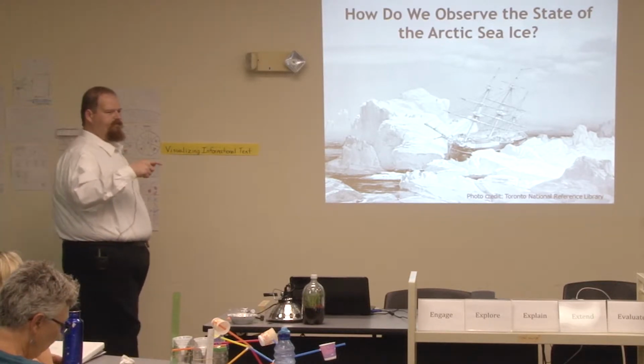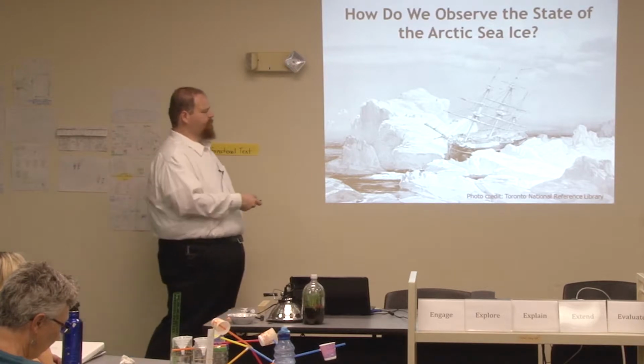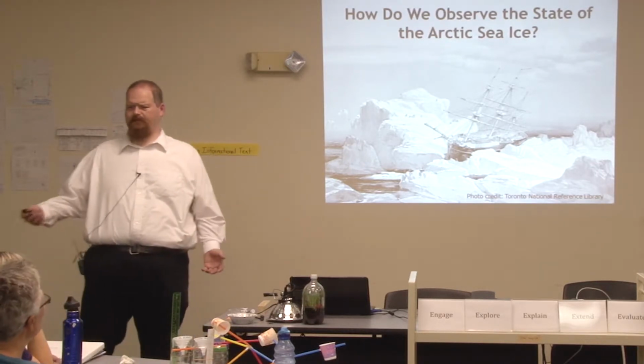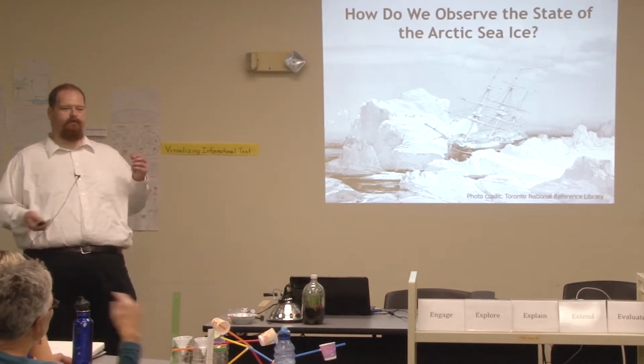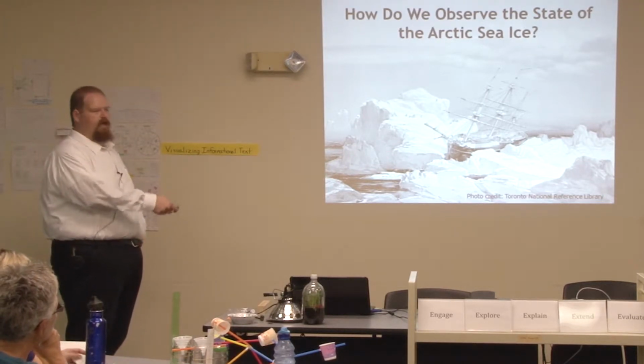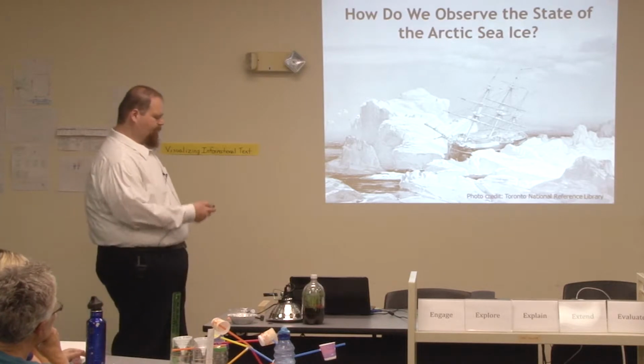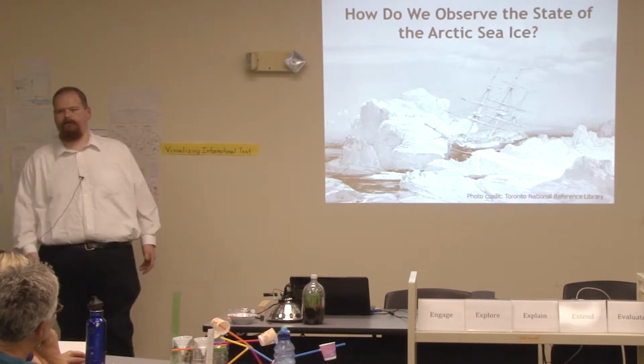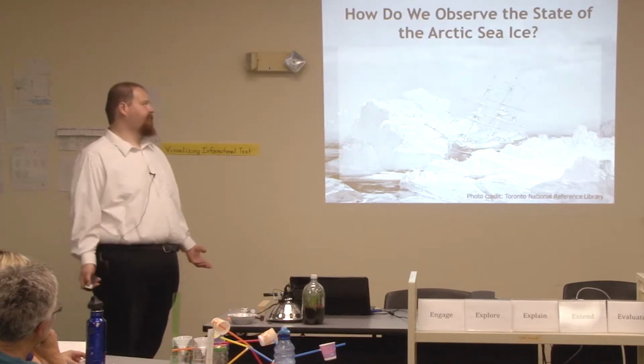So this Northwest Passage is north of Canada in the Arctic Ocean. This was actually a ship that sunk there in 1853. It's a very dangerous area to try to sail through because it's literally clogged with ice, right? But how did we know what it looked like in 1853? How did we know what it looked like in 1950?